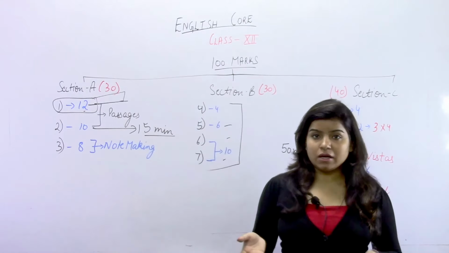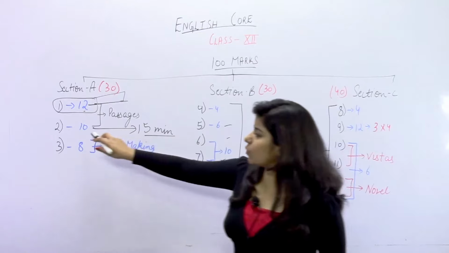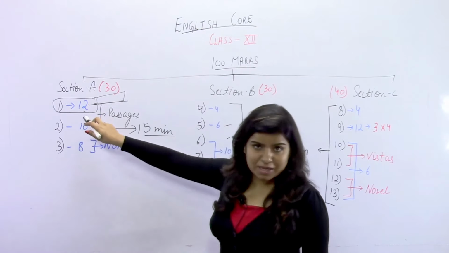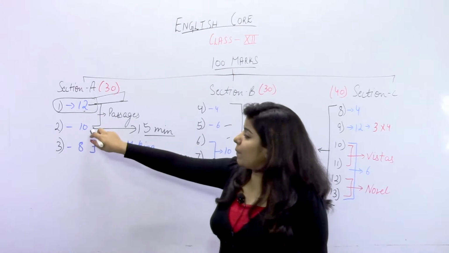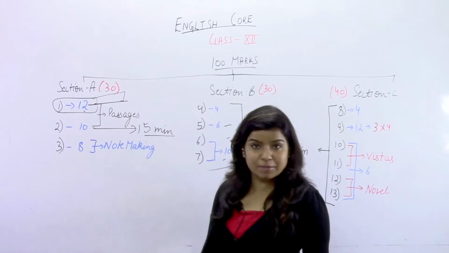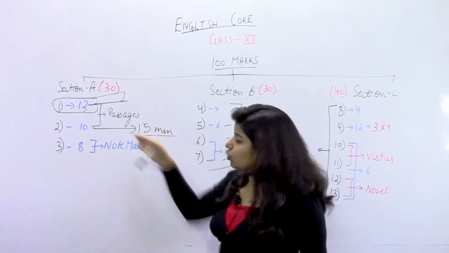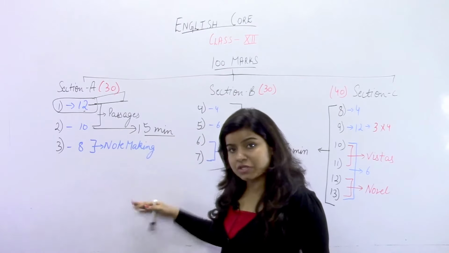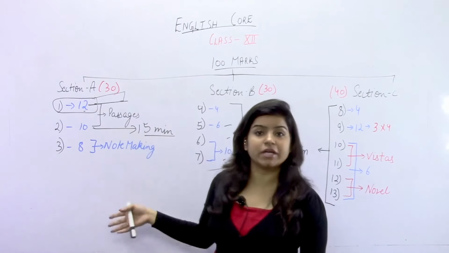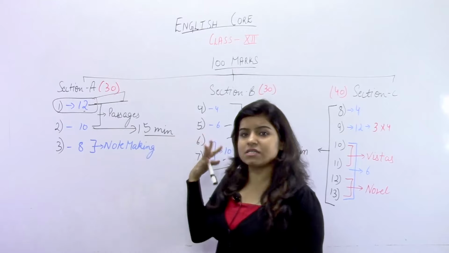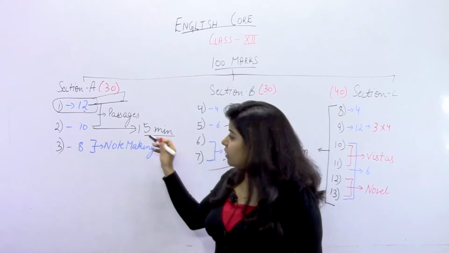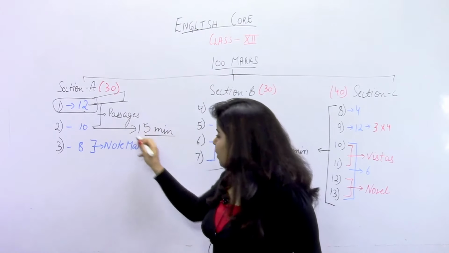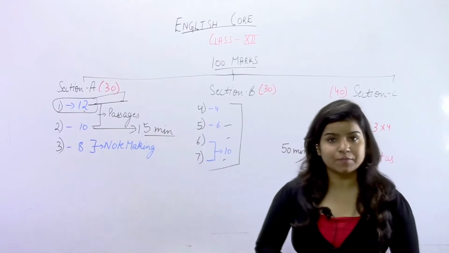Again, the 10-minute reading, because this passage is quite small as compared to passage number 1. So, you can complete the reading of this passage within a span of 7 minutes. After this, you can go through the questions. If you are not finding the answer, again read the passage. And after reading the passage again, you will be getting the answers in a very good manner. And then, targeting a span of 15 minutes, you have to complete this question.